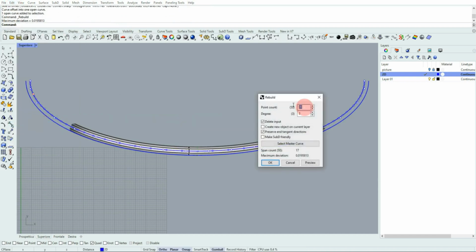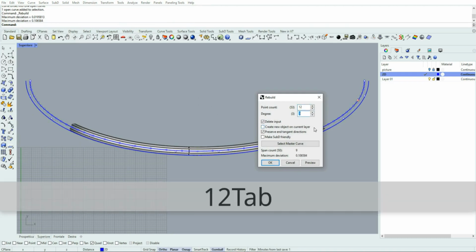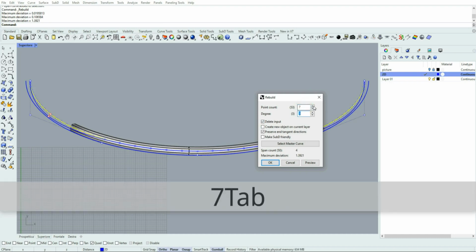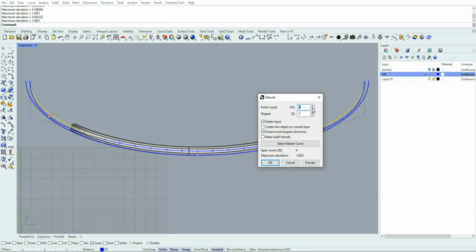Okay, reveal the curve. I try to go really small. So for instance, with 7, maybe it's not enough, but probably something around 10 or maybe a little more can be enough.